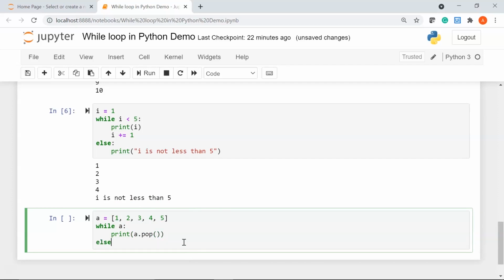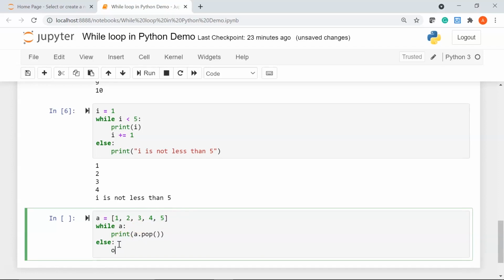I'm going to say print A dot, I'll use the pop function. So what pop does is it is going to remove the elements from the end of a list. Then I'll say else print there are no elements left in the list.